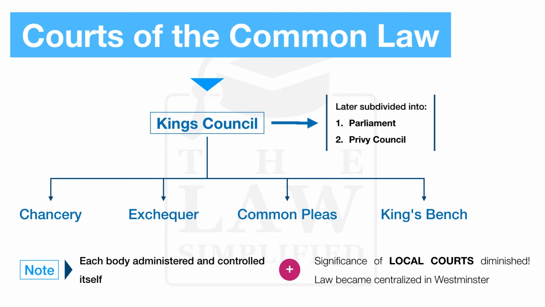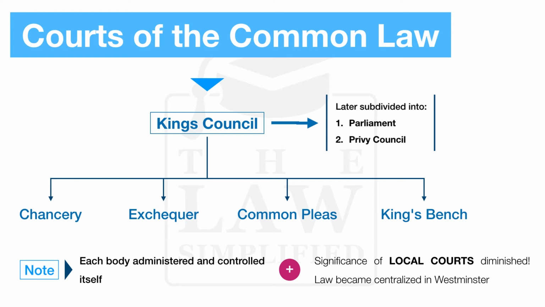thing that must be considered, something that we need to identify as being somewhat different from our initial discussion in our previous lesson on the Anglo-Saxon legal system, is the fact that we are now slowly beginning to see that local courts such as the shires as well as the hundreds have somewhat diminished when we start discussing these courts of the common law. This is, by its very definition, the inception of the common law. And we see that law has now become somewhat centralized within the Westminster Parliament or the Westminster infrastructure.